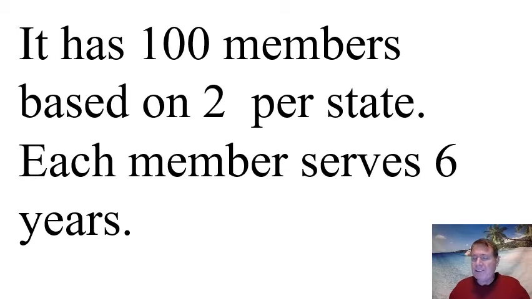In the Constitutional Convention, part of the Great Compromise was that every state would have equal representation in the Senate. They would have 2 votes in the Senate for every state, no matter how many people you have in your state. So if you have 40 million people in your state, like California, you get 2 senators. If you have Texas with 30 million, you have 2 senators. If you have Wyoming with about 1 million people, you have 2 senators. Every state gets 2 senators, 2 votes in the Senate.